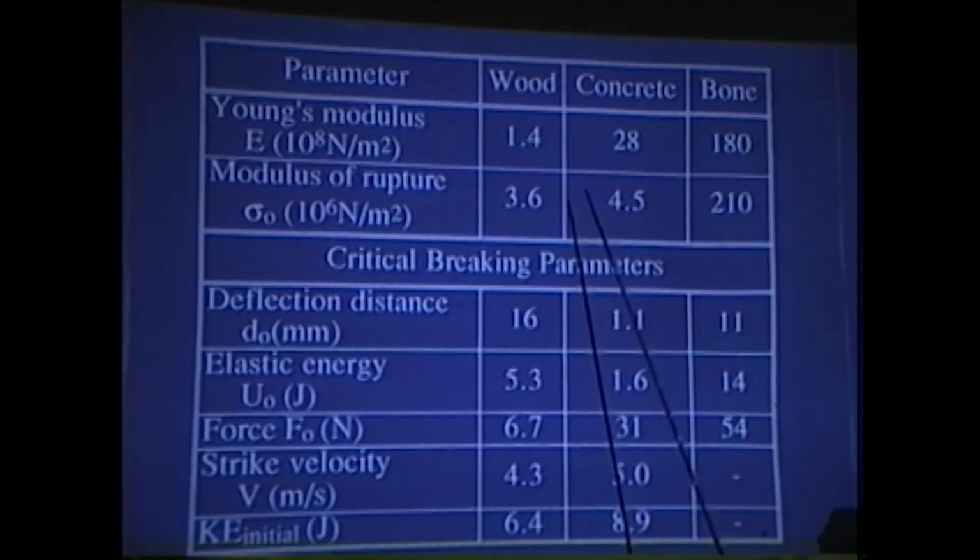Then in terms of the stresses to break it, notice that wood and concrete aren't all that different. But look at bone. That's a factor of 50 different. So bone is a very, very hard material, much harder than concrete actually. And in addition, if we have time, we'll also talk about the effects of orientation, which can further